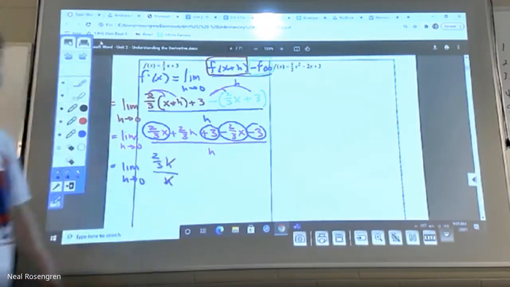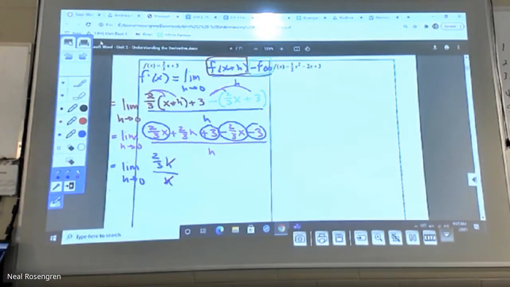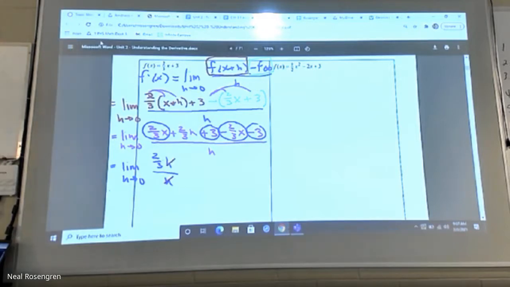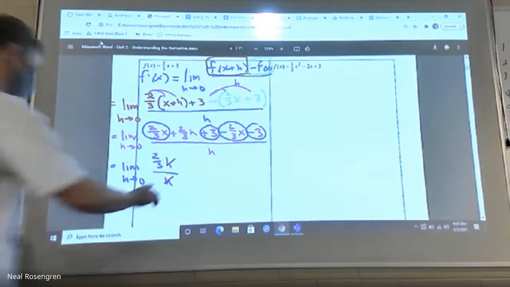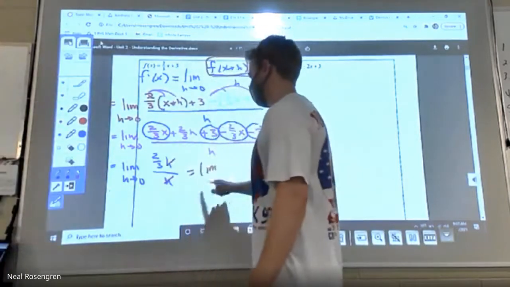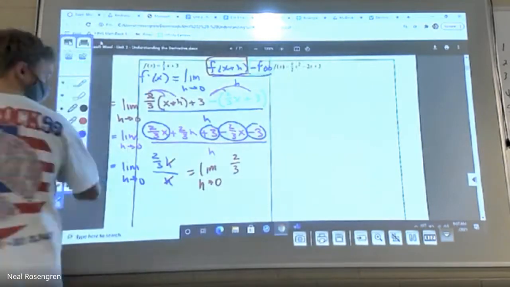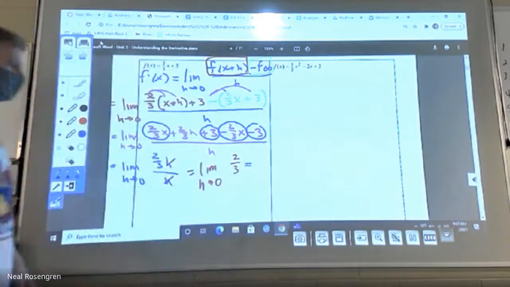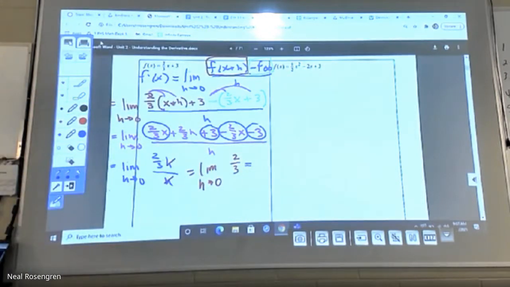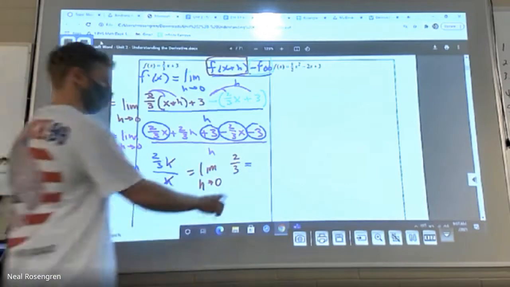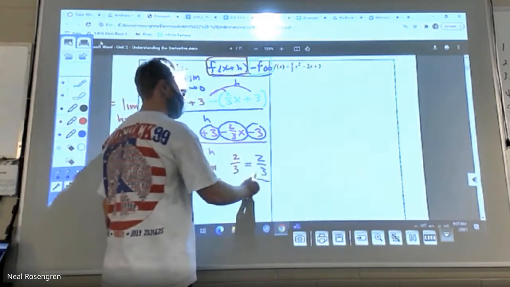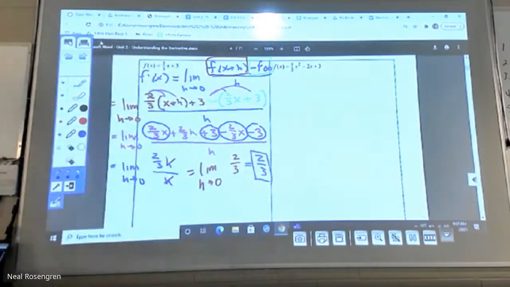So we are in a very easy situation when we have a linear graph because the slope is constant. Take any other graph, and the slope is not constant, which means it's going to be a function of x. But really what's happening here is we get to this: the limit of a constant. Is there a place to plug in 0? Awesome. Then the limit of a constant has and always will be just that constant. There it is. There's that 2/3 that we were expecting.